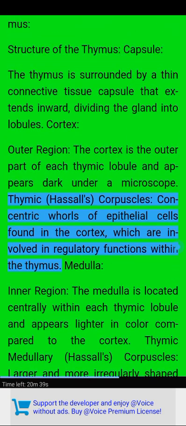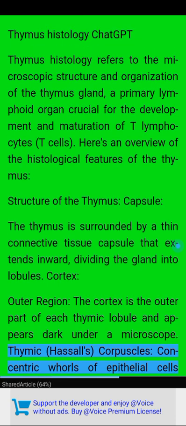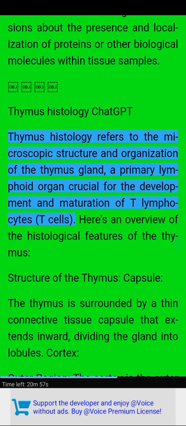Thymic corpuscles: concentric whorls of epithelial cells found in the cortex, which are. Thymus histology refers to the microscopic structure and organization of the thymus gland, a primary lymphoid organ crucial for the development and maturation of T lymphocytes, T cells. Here's an overview of